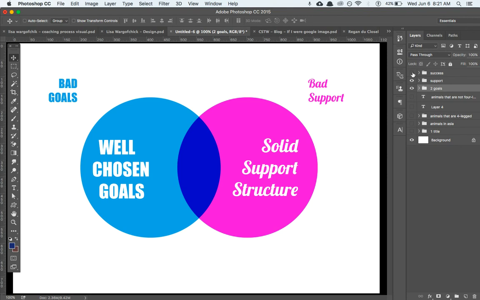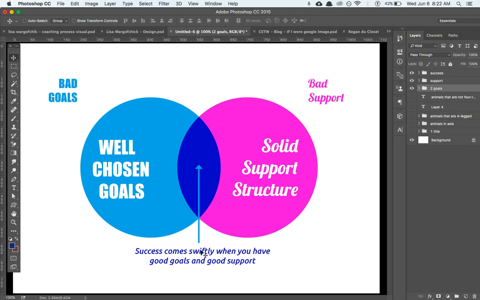The intersection is where you found that success often happens with you and your clients. So when you have well-chosen goals and a solid support structure, aka a good coach who helps you make good goals and keeps you accountable, in all the success you've had with your clients or in life, you found that well-chosen goals and a solid support structure, say that 10 times fast,